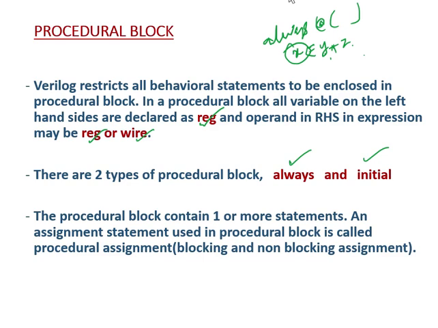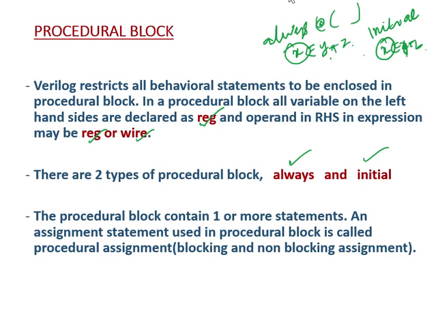The same goes for the initial block. If I write initial here, then this left hand part, x, has to be reg, and the right hand part, this y and z variable, can be any variable, either reg or wire.